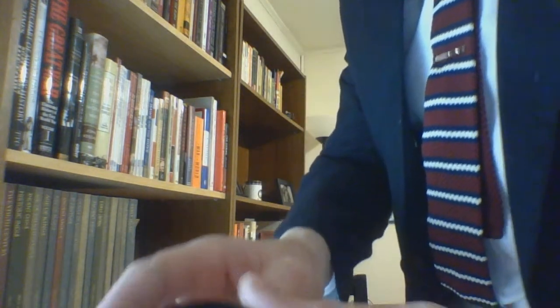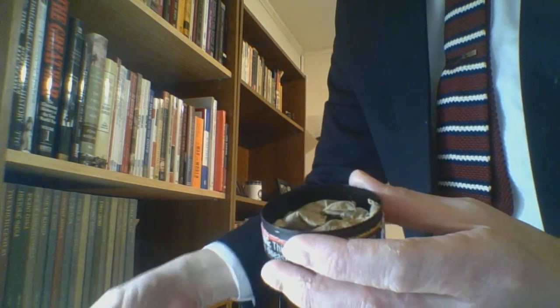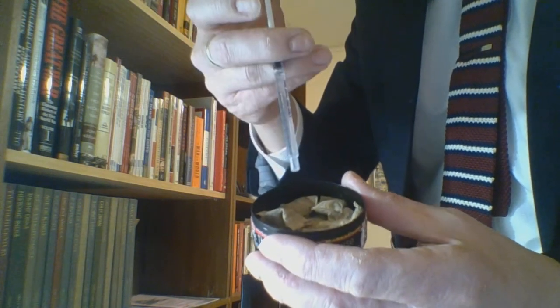Thus, the needleless 1 milliliter syringe, which is filled with spring water. So we're going to pop this open, and I don't know if I want to stand and do this. Oh, okay, there we are. All right. We're just going to add some water to the can here. And I'm going to try to get it so as many pouches are hit as possible. This is so weird holding this. This is why I stopped doing it after the...